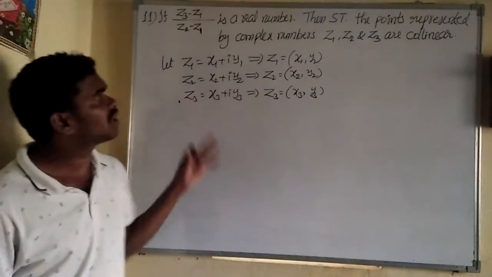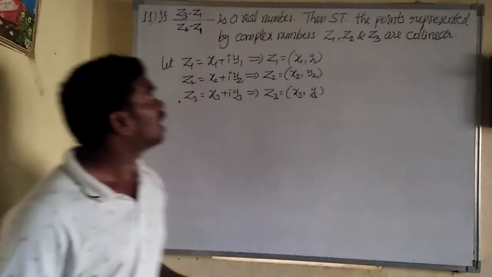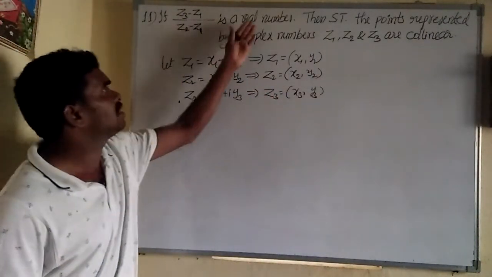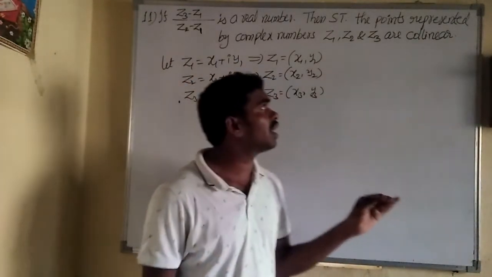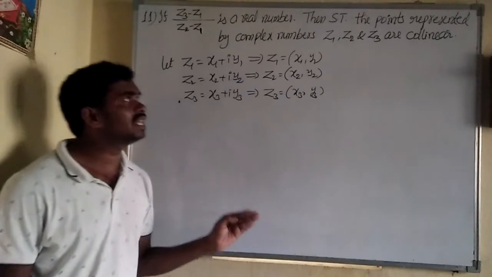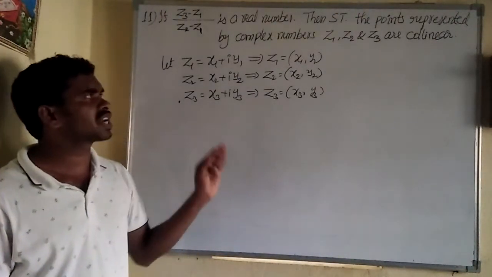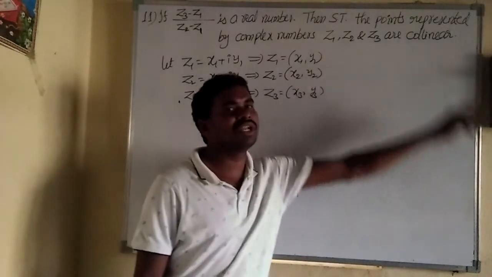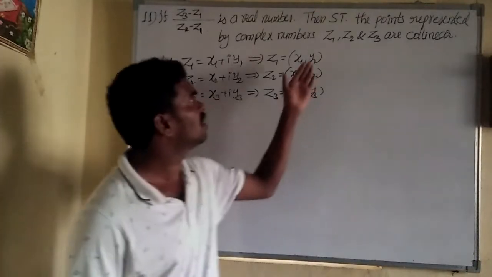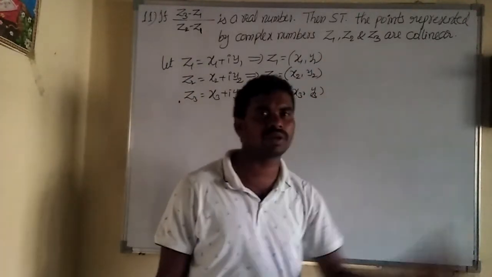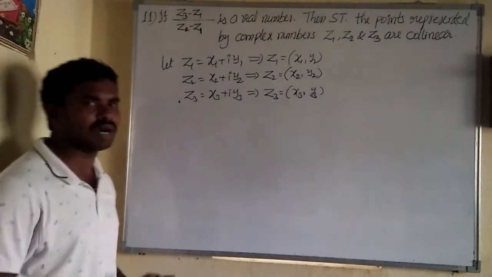So what next? What do you mean by collinear? It can be seen in Maths 1B also, in straight lines. In 10th class also we have discussed collinear. Once think about the concept of collinear. Okay, leave it, I will tell you. Don't bother about that.